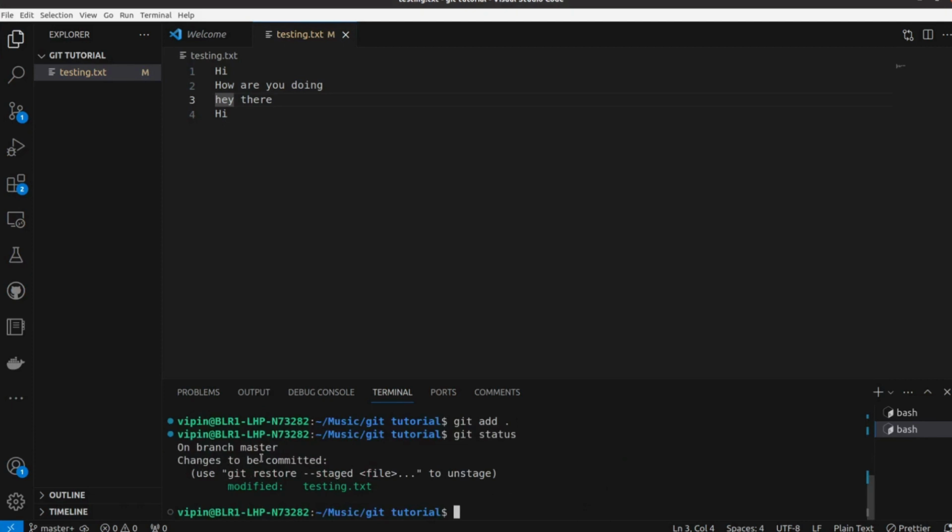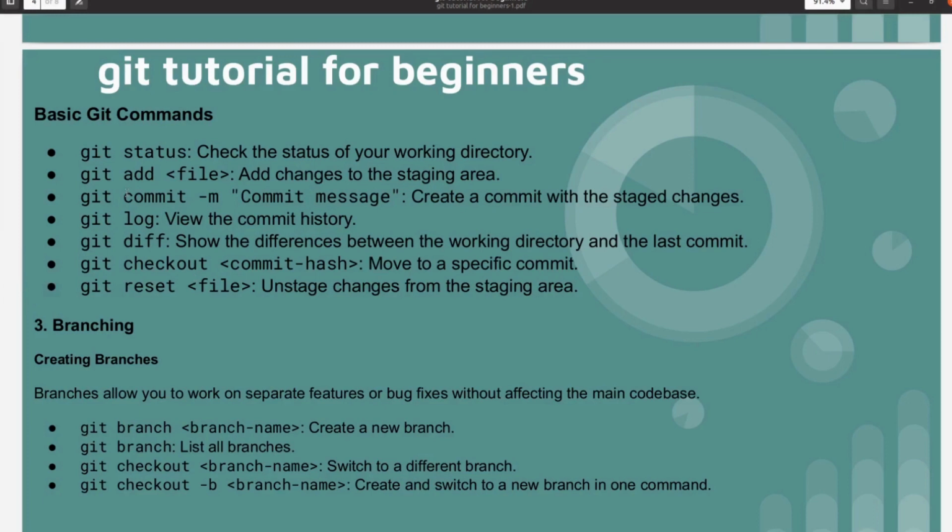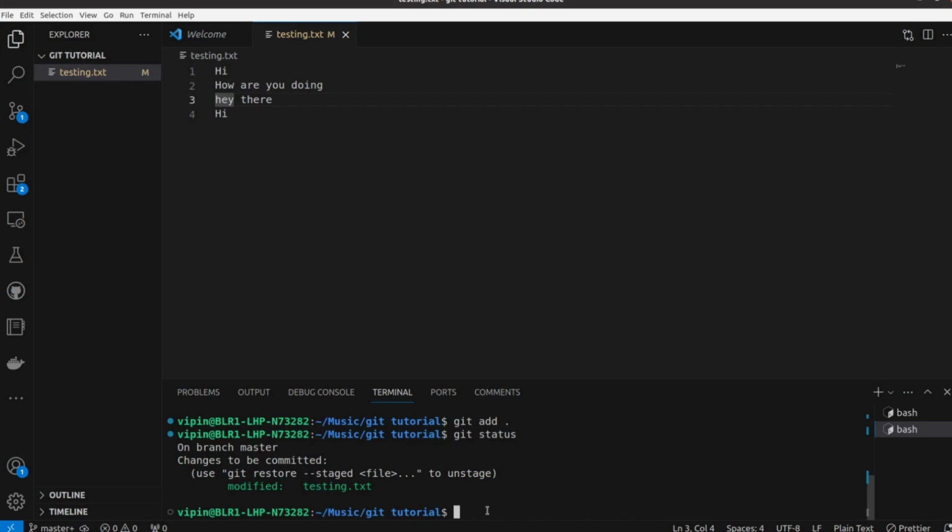Now it says on branch master, changes to be committed, meaning the changes can be committed to whatever central repository we are using and on this branch. We haven't committed our code to this branch yet; we just added our code to the staging area. What command do we have next? We have git commit -m. Let's go back to the terminal and write git commit -m, then our commit message,